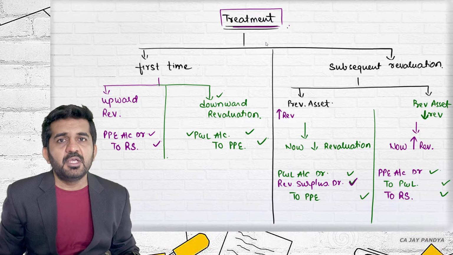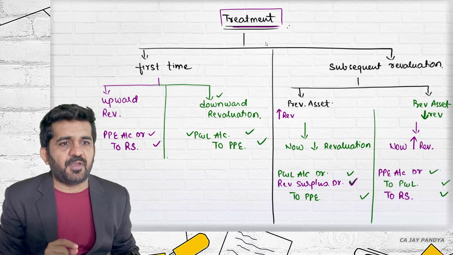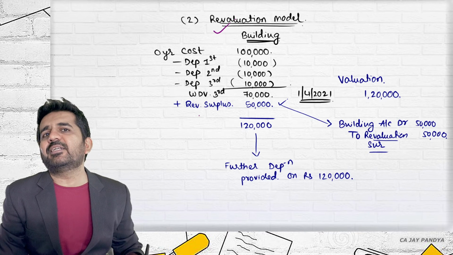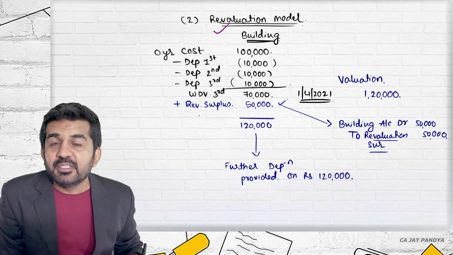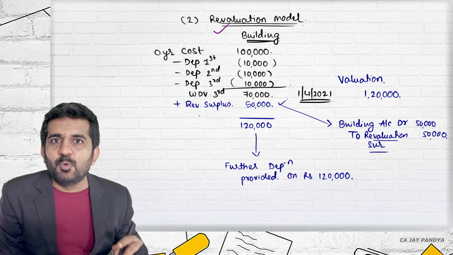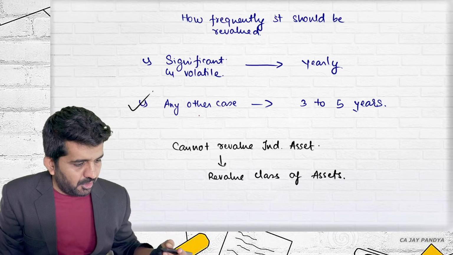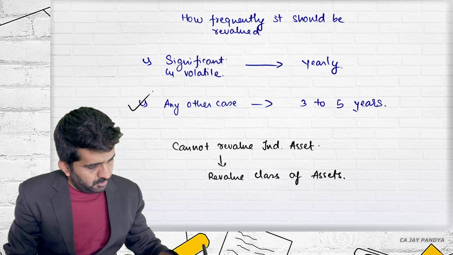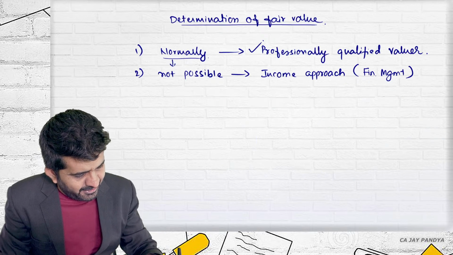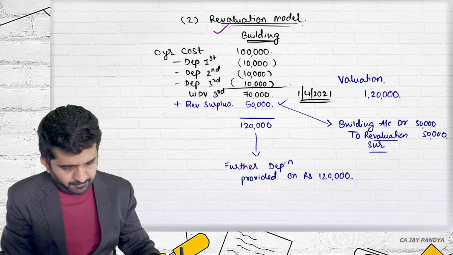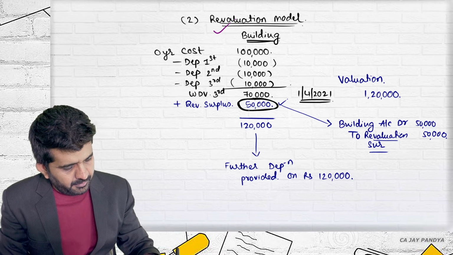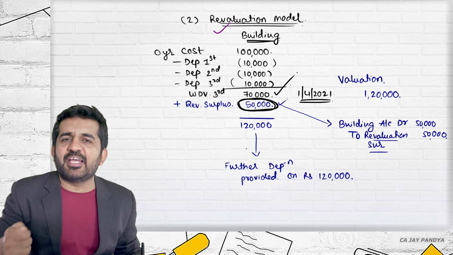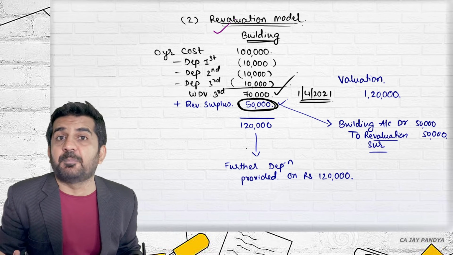Now the question comes: if I am following the cash system of accounting, can I use this revaluation method? The answer is absolutely yes. Is it all right? See, in the cost system also, you are using this revaluation. Ultimately, what is added to this particular value is nothing but in cost. All right. So whether you are following the cash system or the non-cash system, ultimately nothing is paid.